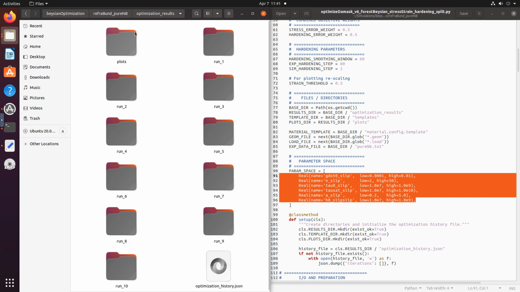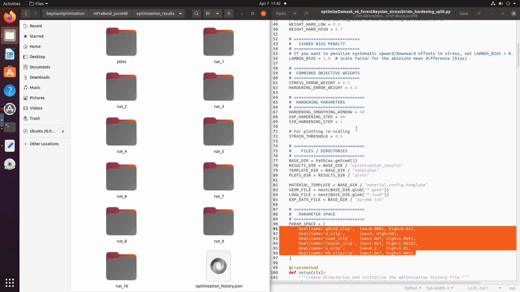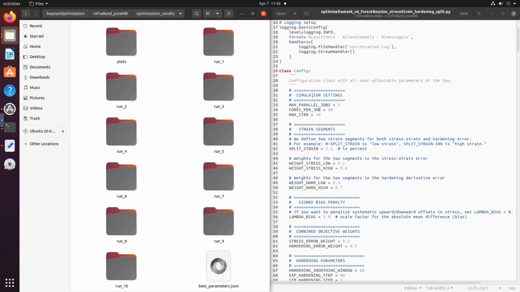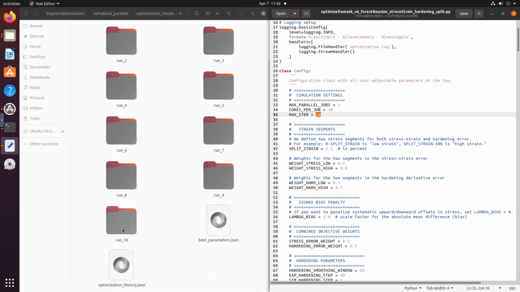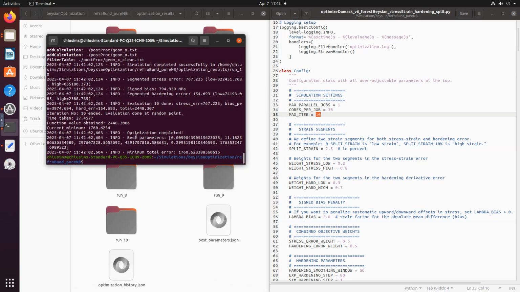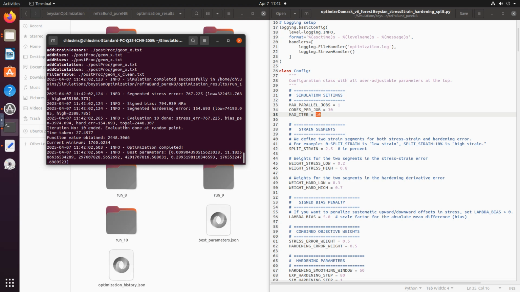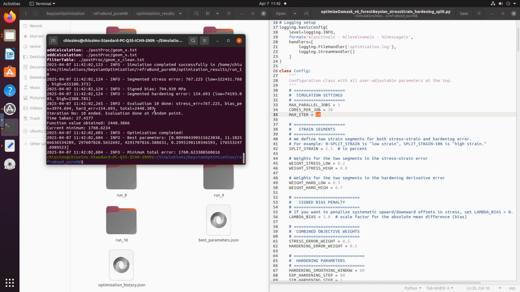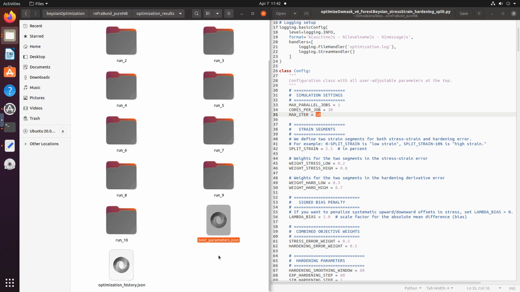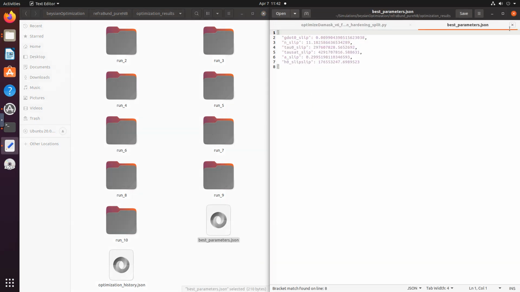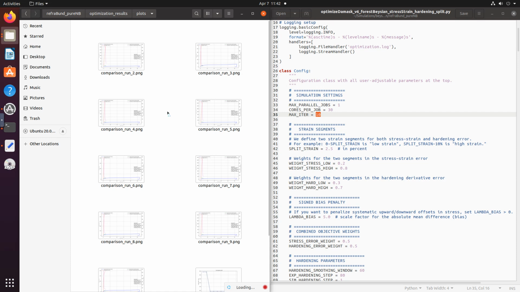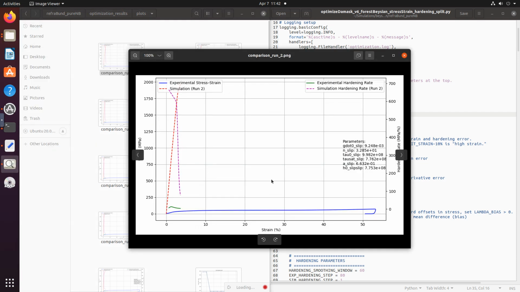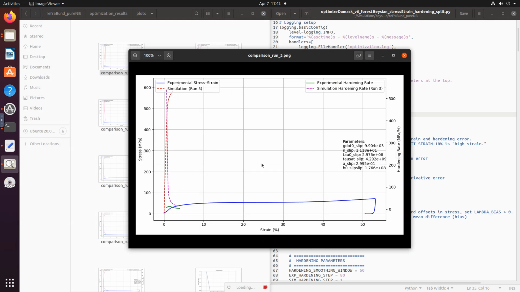Wait, you have to understand. Remember this. We said maximum iterations 10. Therefore, it will run 10 simulations, and after that, if I look at the results, it will say, I have completed everything, I have done evaluation of 10, and based on that, these are the best set of parameters that you can use. It will also write out the best parameters, but that is not good enough. We want to see the results. The results are written here. That is what I want to look at. So what you will see is,